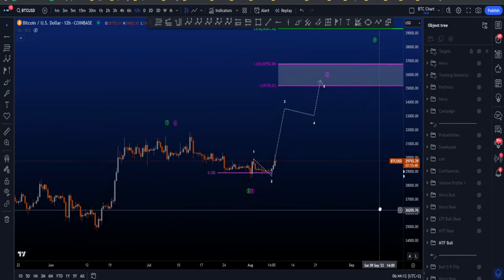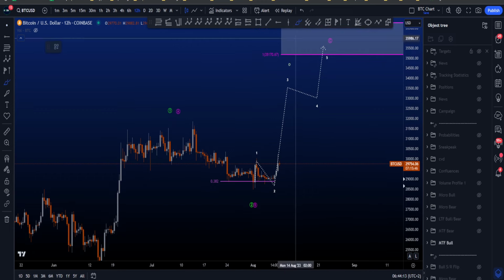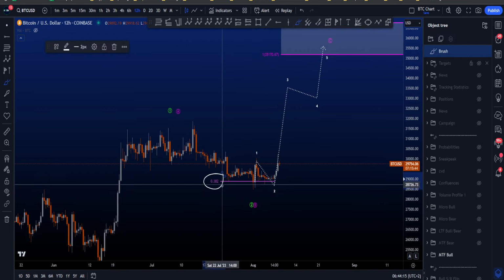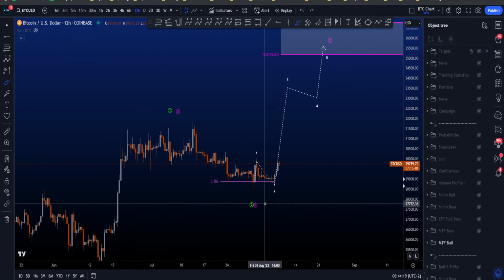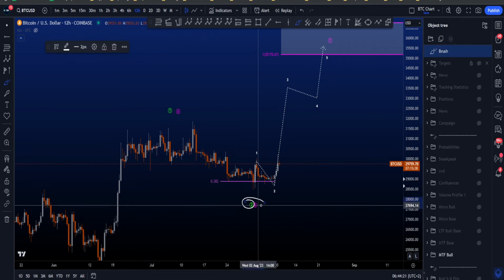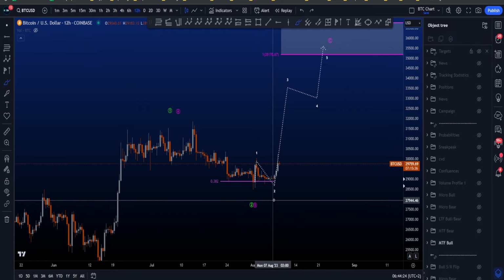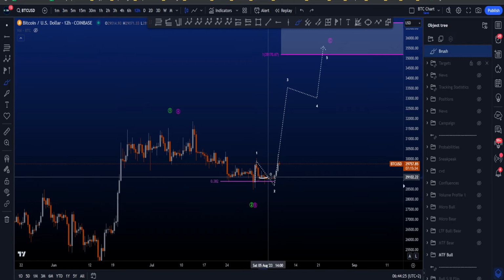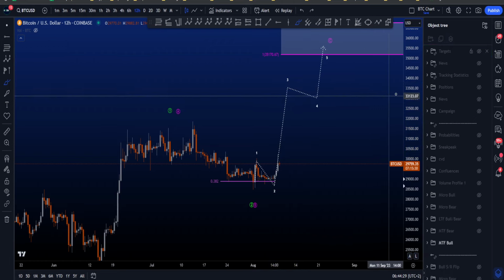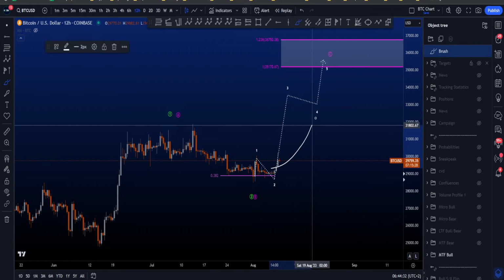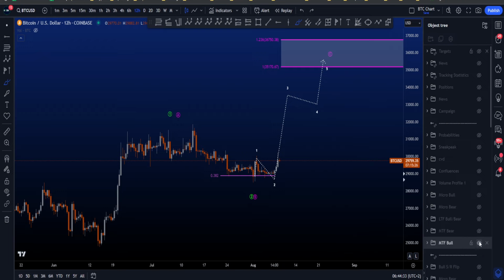Now you can also see that wave 2 or wave B ended on top of the 0.382 Fibonacci taken from the low to the high of 1 or A, which is a rare target for a wave 2 but a common target for a wave B. So that increases the probabilities, if we get a move to the upside, of this being a wave C instead of a wave 3. But then again, it also depends on how price is going to move to the upside if it does,